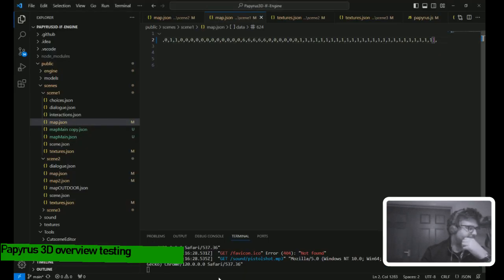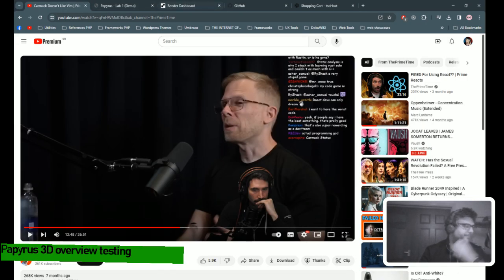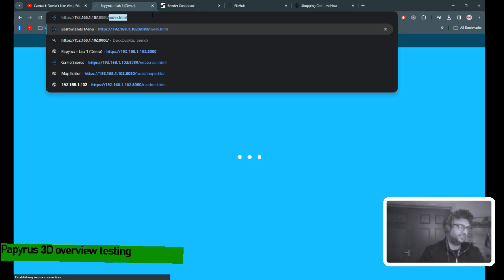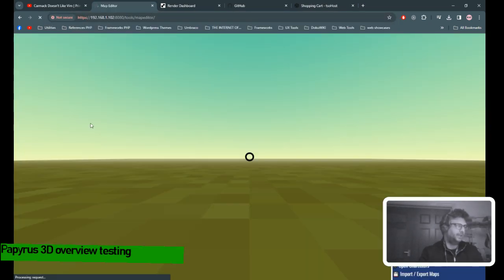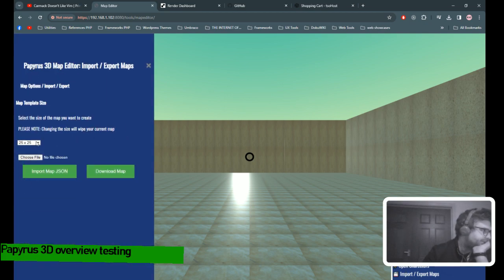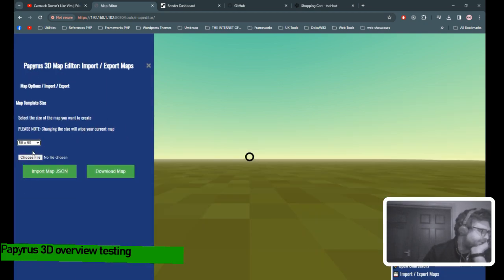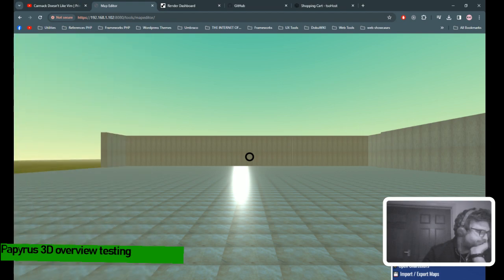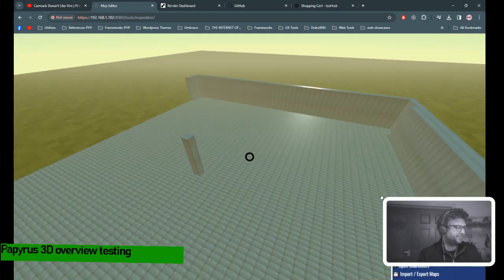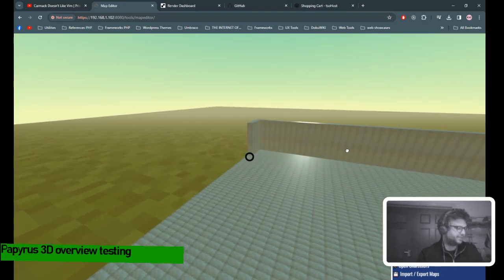So we go back to here, go to reload it, go to map editor again. We'll create like a second level. And you can see we'll create maybe a slightly bigger one, so you can customize all that. So we'll change it to 50 by 50, so this is going to be a much bigger map. That's a bit off, but I can add those walls manually, that's just my mistake. Or I can just leave it, it doesn't matter.